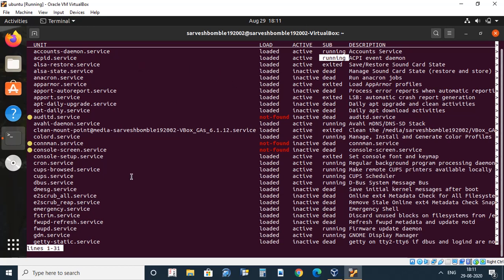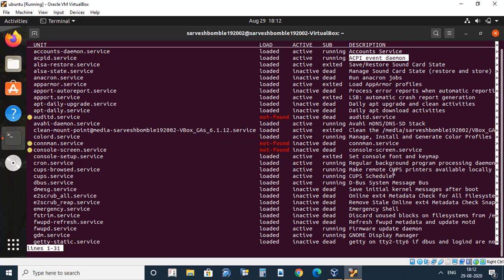If we start a service, it will show the status of the service as running, and it is active and loaded, or it can also be not found if it is not loaded in our system. Then we further get the description about our service. So the first one, as you can see, is accounts-daemon.service, it is an account service. Then acpid.service, it is the acpid event daemon.